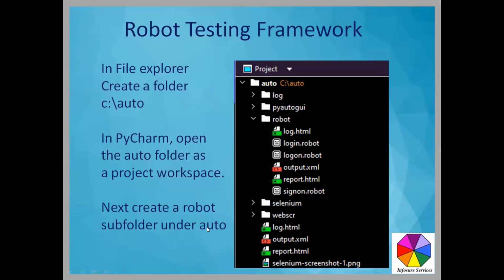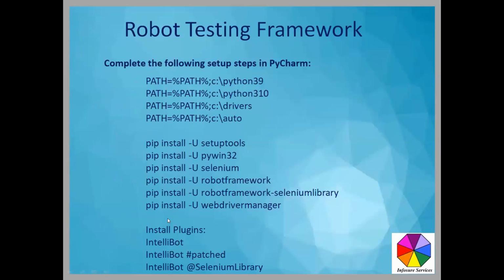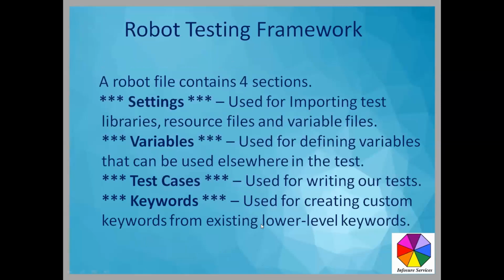Create a robot subfolder and put the files under that. So next, create a robot subfolder. So the installables are Selenium, robot framework - Selenium, WebDriver Manager. There are some plugins, IntelliBot and IntelliBot Selenium library. So these are slightly some of the installations. And yeah, out here, there will be some robot file which will create, and it has this asterisk like this,